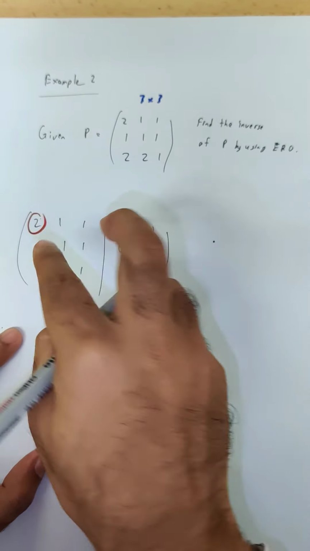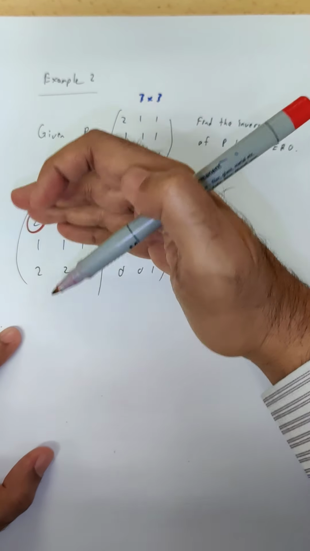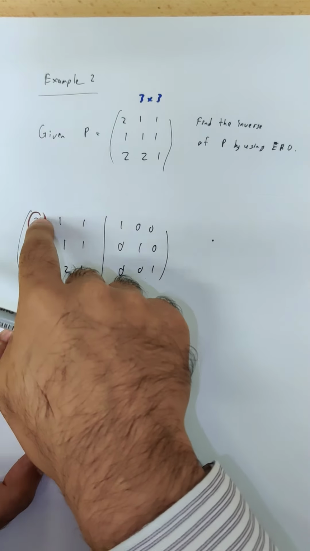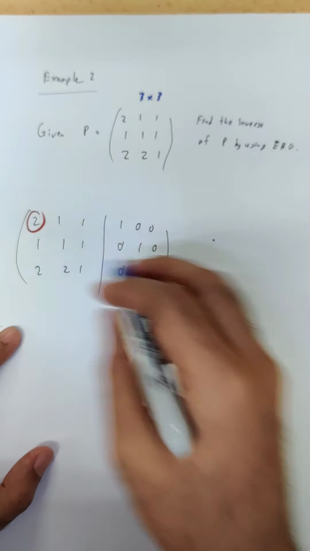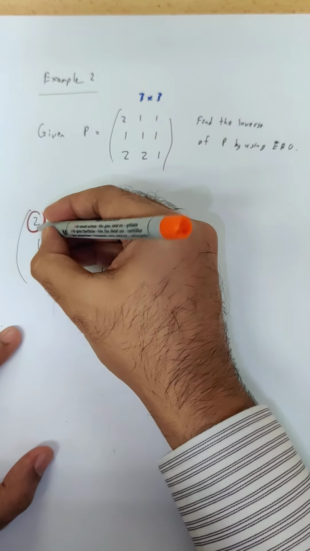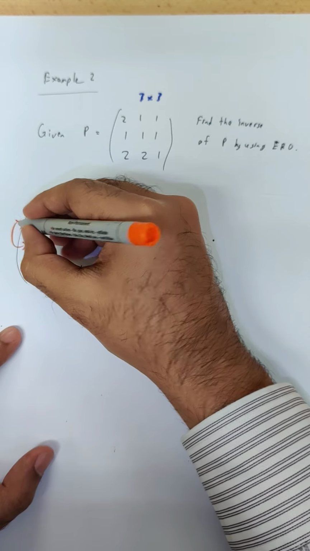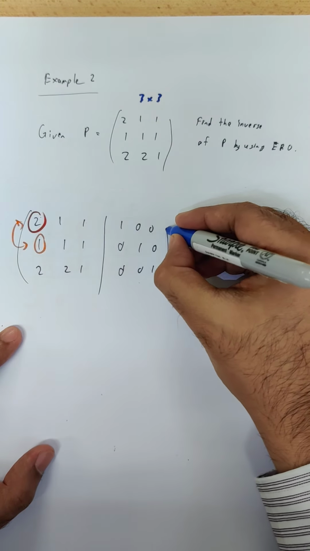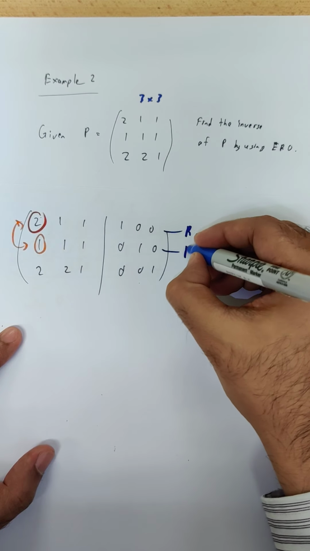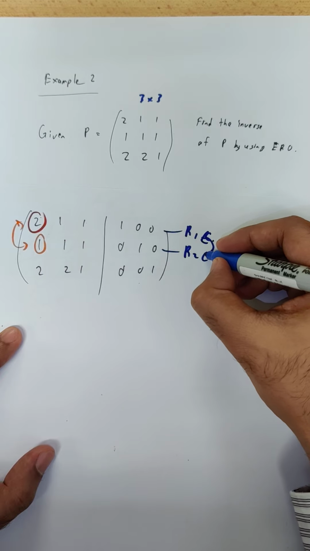Okay, so let's try. Firstly, I would like to make this one into 1. How? You can use the second row minus the first row. But if you remember from what I said last time, if you can see there's 1 over here, there's 1 over there, what we can do is switch them up. That's the best method to go. So from row 1 and row 2, I would like to switch them up.